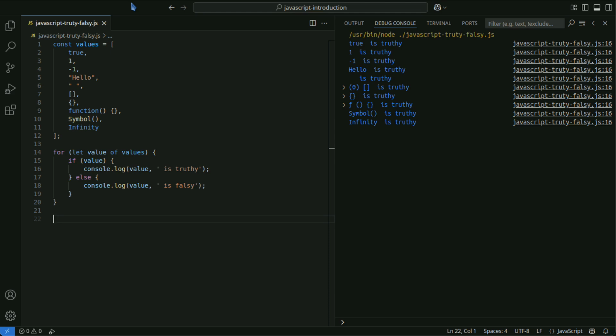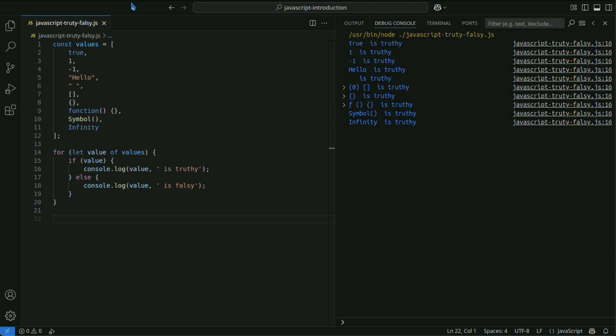For example, the following values are truthy. True in Boolean type. Numbers other than 0, for example, 1 and -1, are also truthy. Non-empty strings, for example, hello, or even strings with only spaces are truthy.